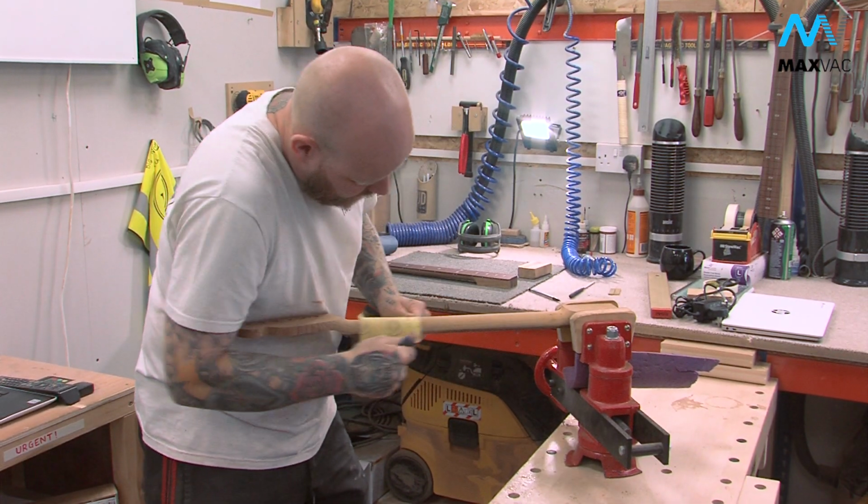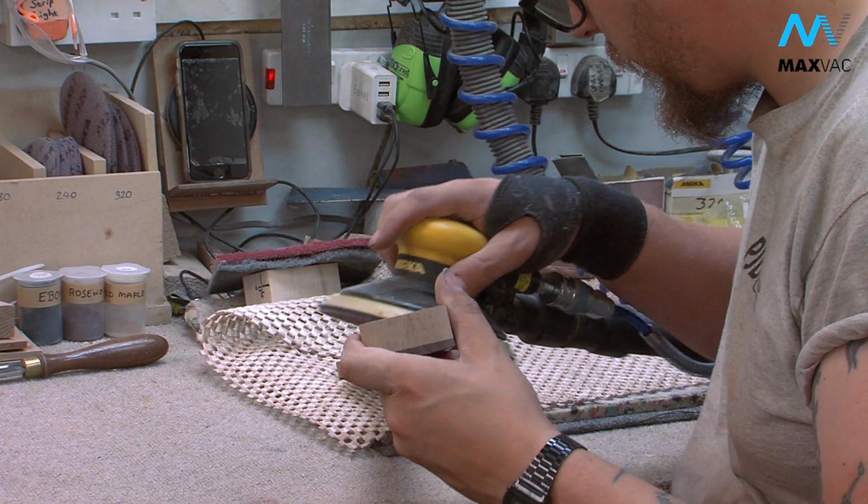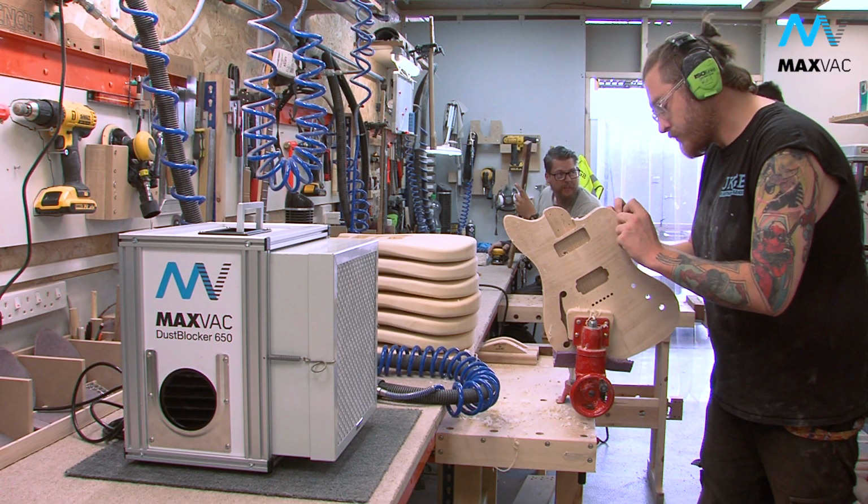Having seen on a daily basis how much dust gets sucked into the dust blocker, I can say that it's hugely beneficial. Other businesses should definitely consider having a dust blocker in the workshop. If you like clean air, clean workspaces, I would